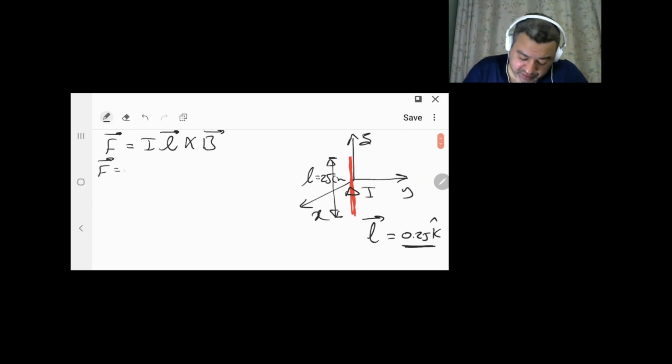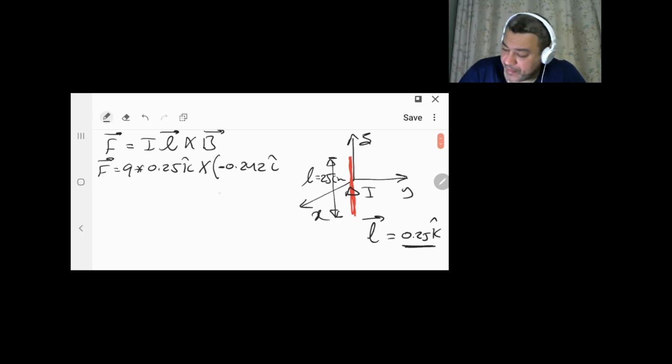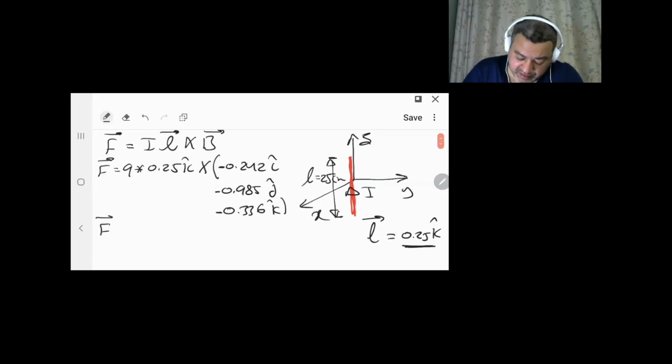So I have F equals 9 times 0.25 K cross the B. The B components are given to me as Bx, which is minus 0.242 I. The Y is minus 0.985 J, and the Z is minus 0.336 K. So if I say F equals 2.25,